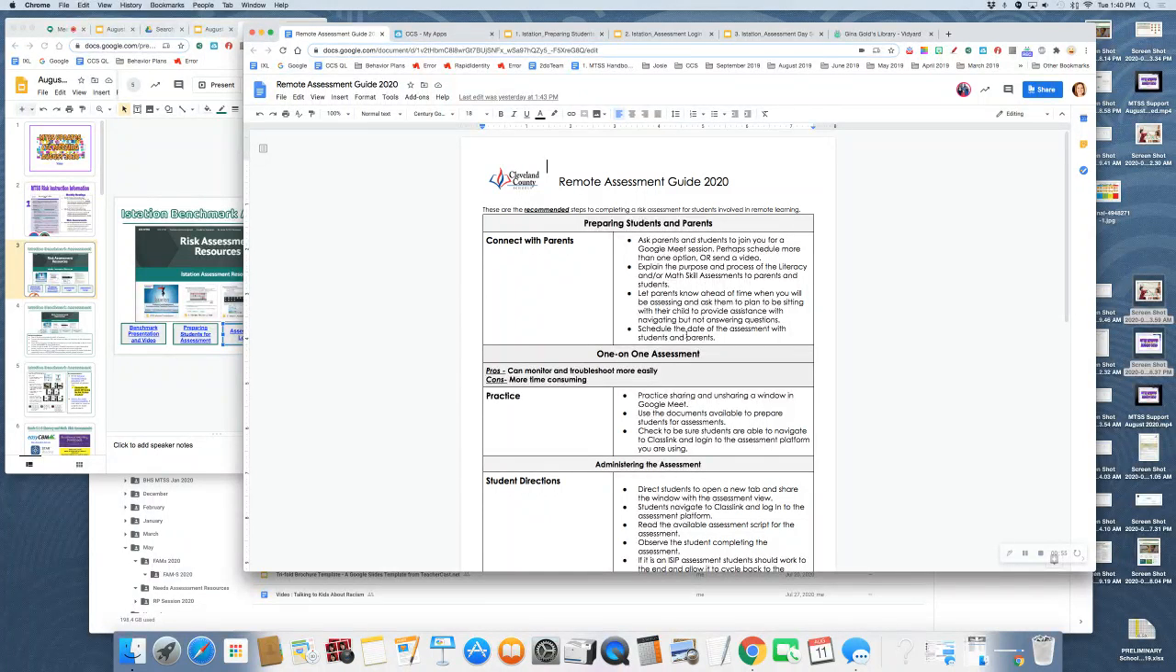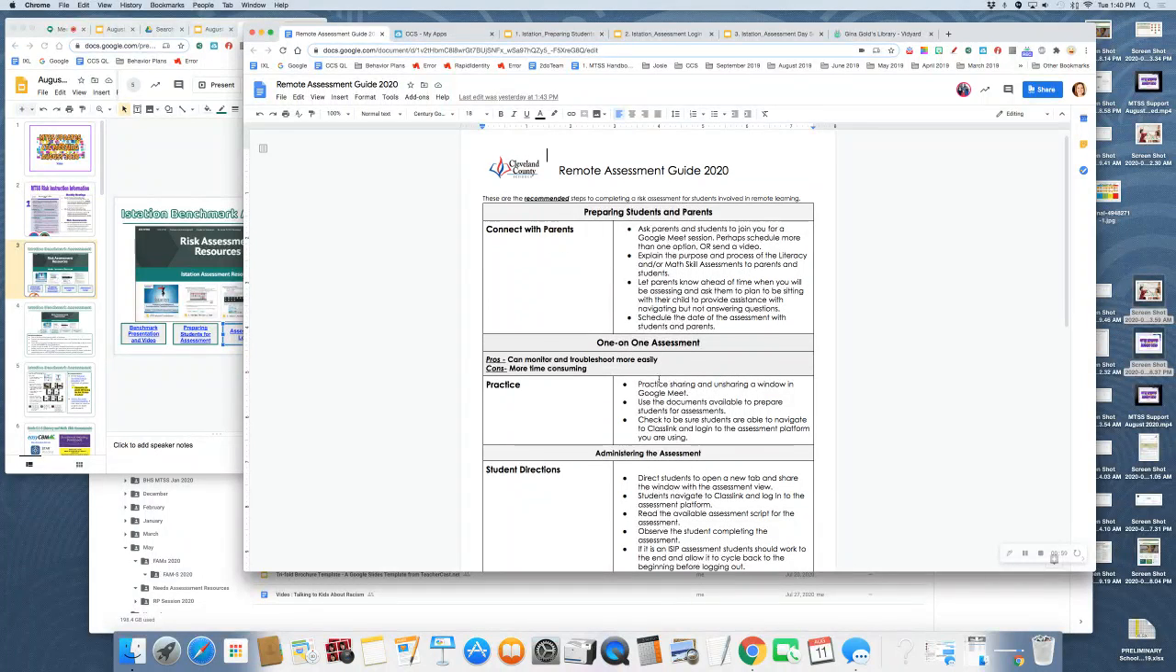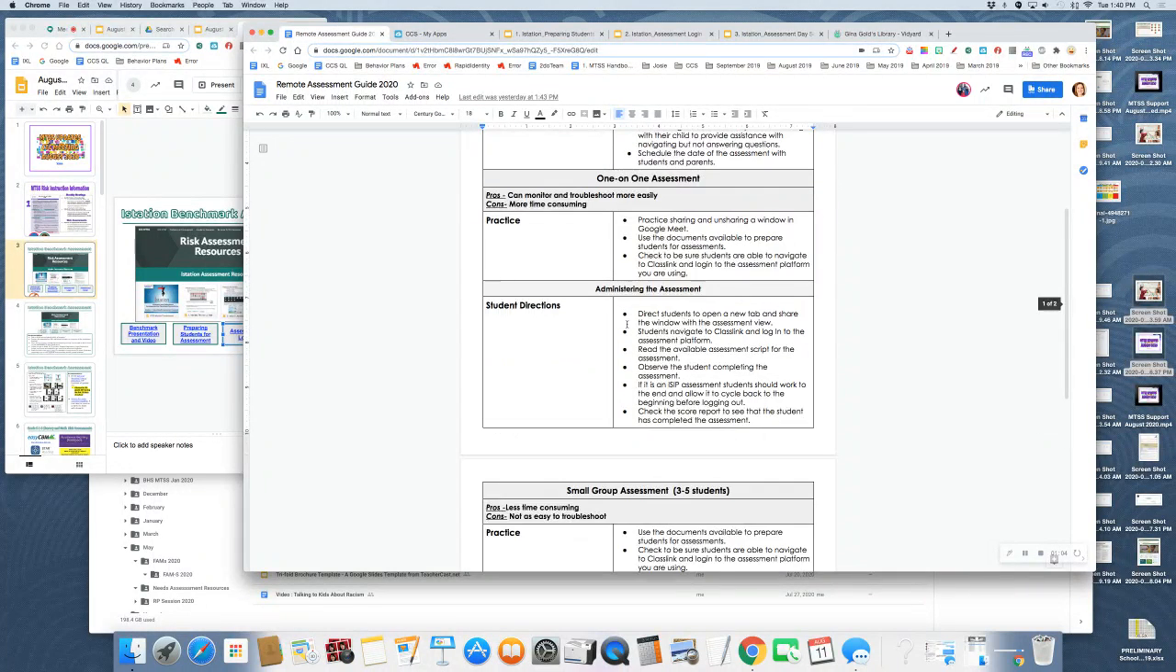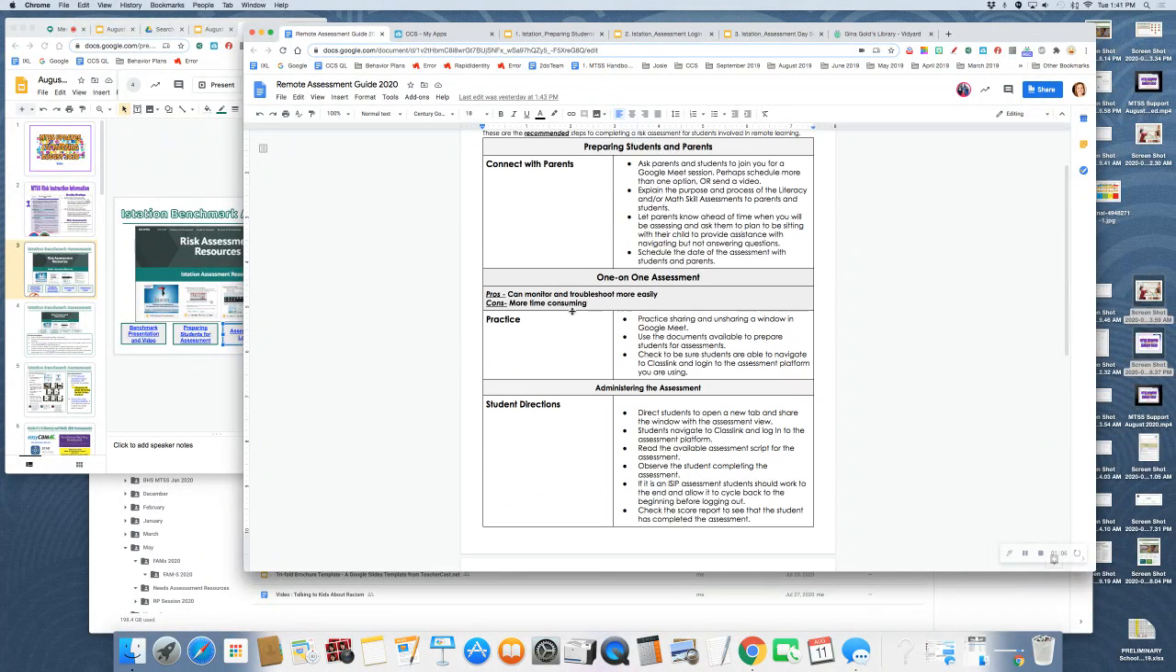Schedule the date of the assessment with students and parents, and then you're ready to either assess one-on-one, which has steps here, or a small group. So first, let's walk through the steps for a one-on-one assessment. The pros of one-on-one are you can monitor and troubleshoot more easily, but of course it's more time-consuming assessing students